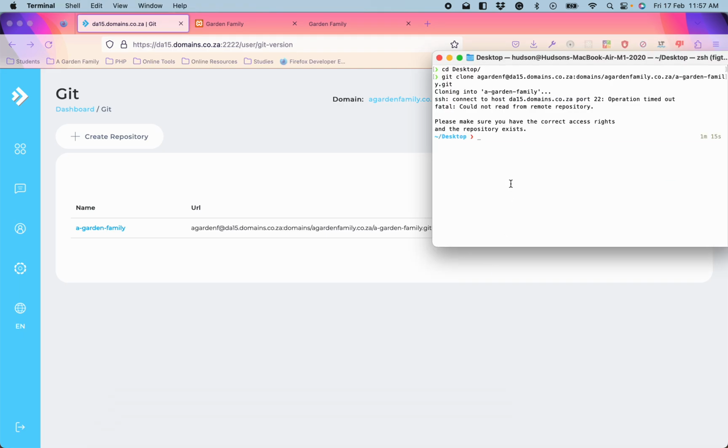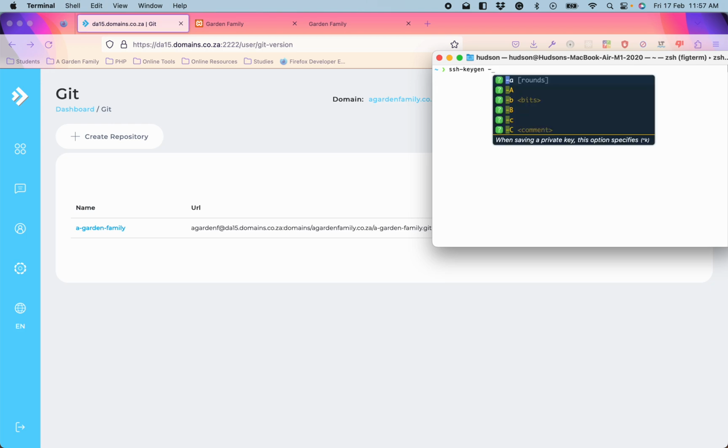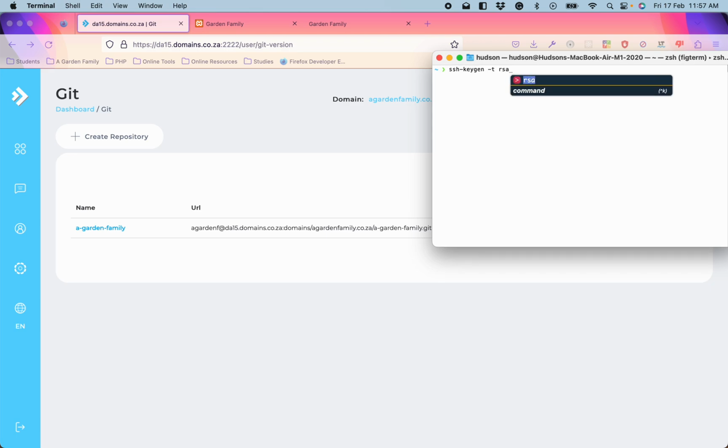You go to your terminal. I'm just going to clear this. I'm going to cd out of here. Okay, so what I'm going to do is write the following command. You can copy me exactly. Let me just clear this quickly. It's going to be ssh-keygen space -t space rsa space -b space 4096